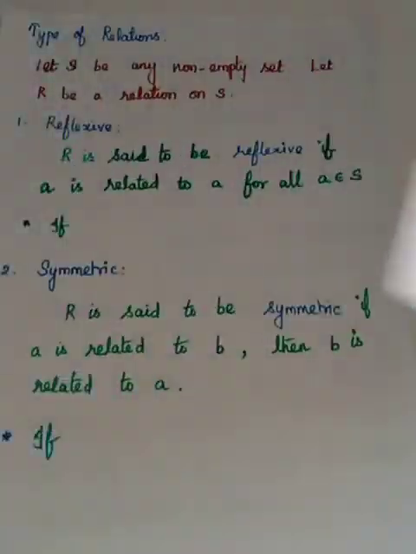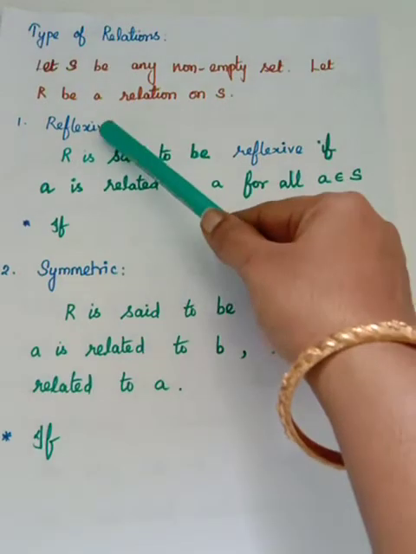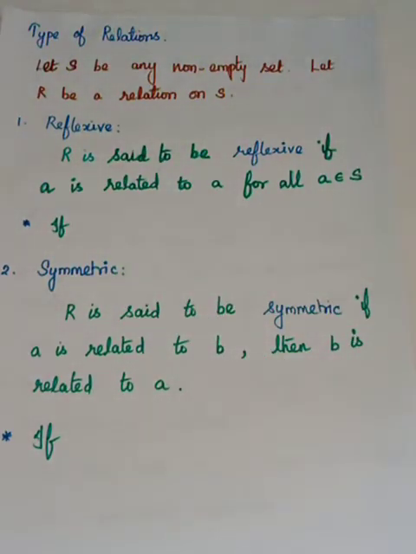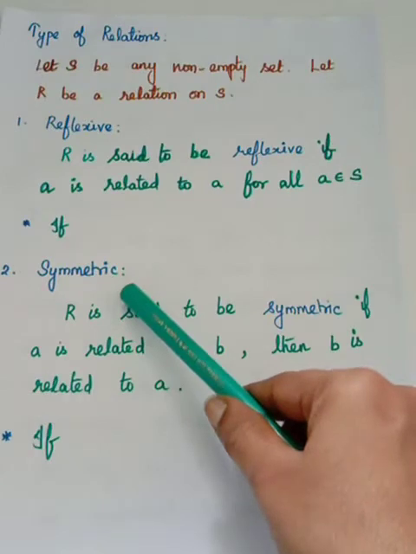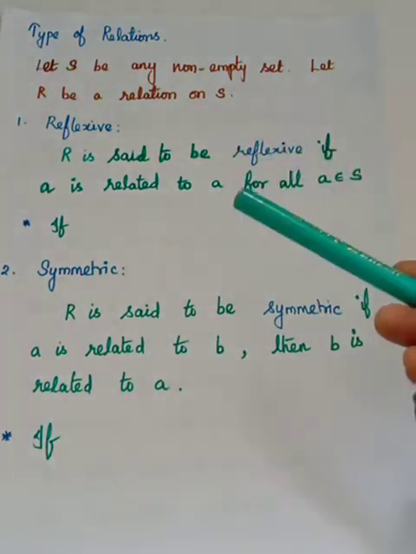Okay, so you will have three types of relations. One is reflexive, the next one is symmetric, and the third one is transitive. Okay, so you have three types of relation. One is reflexive, second one is symmetric and the third one is transitive. So to learn about this,